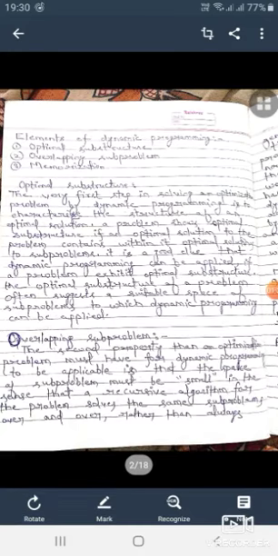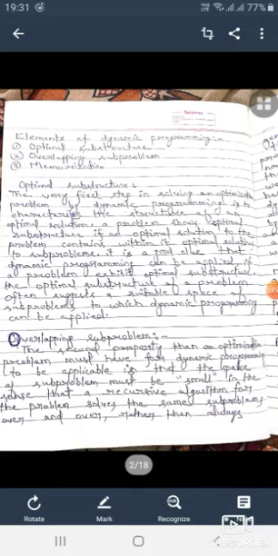Basically, the first step in solving an optimization problem is to characterize the structure of an optimal solution. A problem shows optimal substructure if an optimal solution to the problem contains within it optimal solutions to subproblems. It is a good clue that dynamic programming can be applied if a problem exhibits optimal substructure.